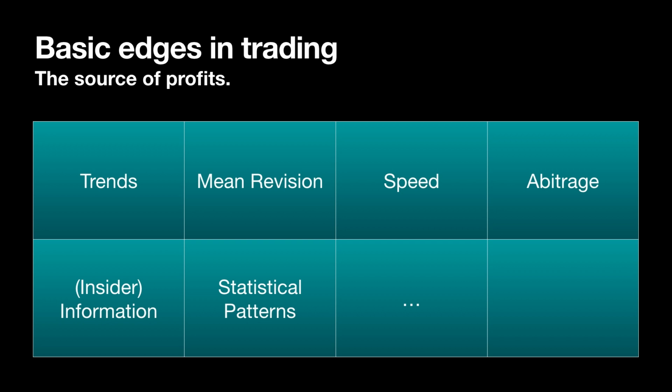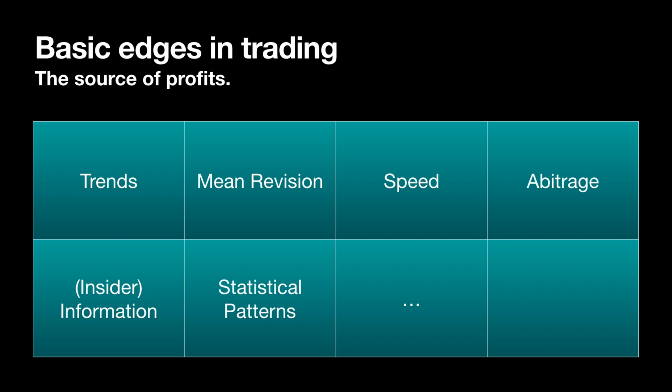Then another one is statistical patterns. With statistical patterns, I don't mean chart patterns, but something like: if you buy on Fridays, in 80% of all Fridays you will have a profit. So that's what I mean by statistical patterns. Or on the other side, if you go more deeply into data mining, you can also find statistical patterns in other data like weather or economy things or whatever. So really finding patterns in data.